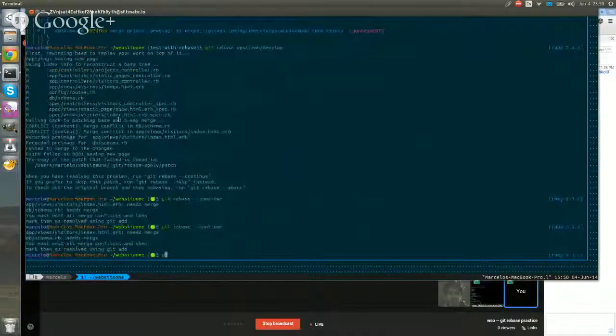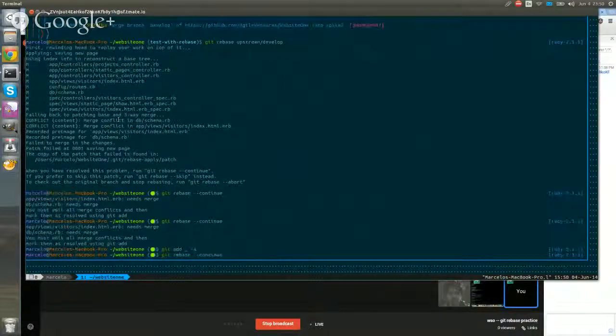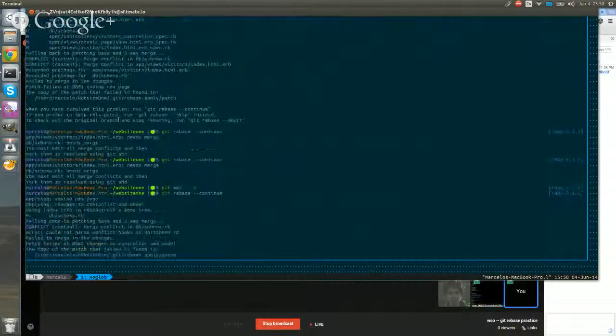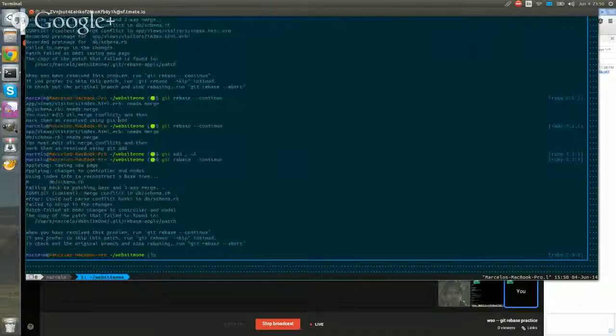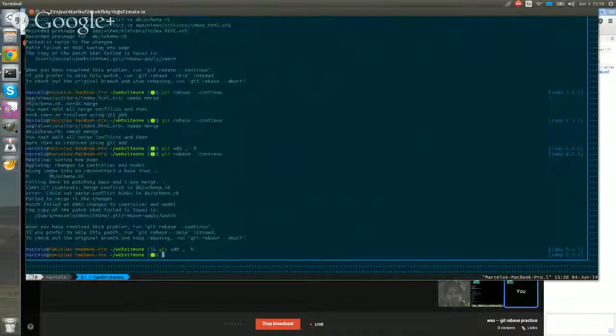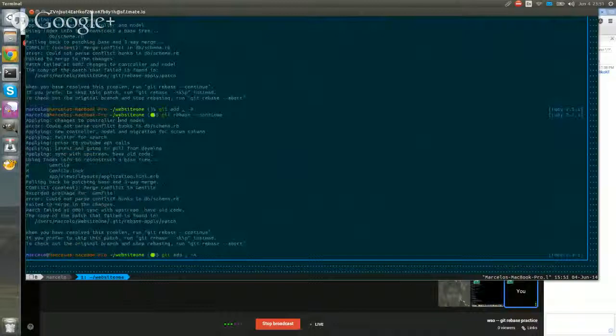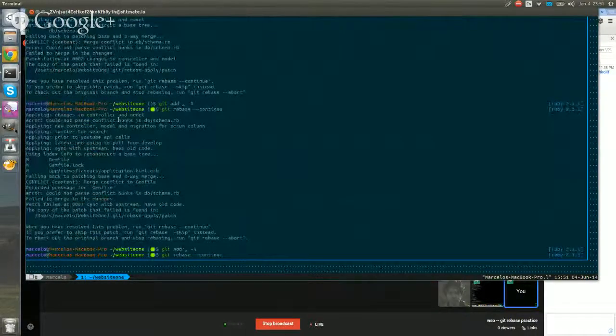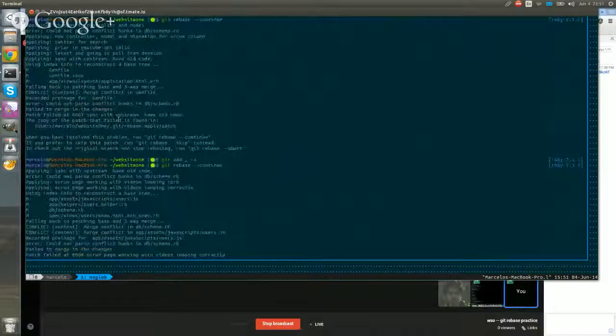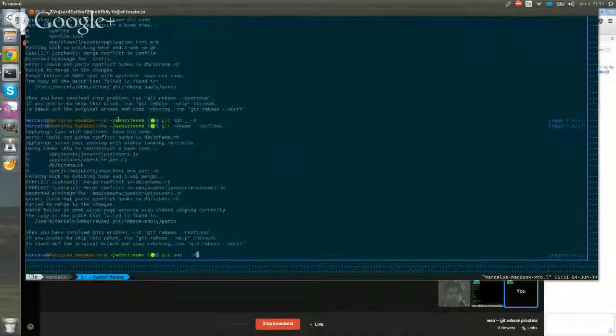No, git add. Yeah, just add them all and see if it continues. More to add. More to continue. All right, and normally you wouldn't be just doing that. You would actually be popping it open and resolving those commits. Yeah, I would. Don't do this. Yes, this is a very bad way to resolve commits.